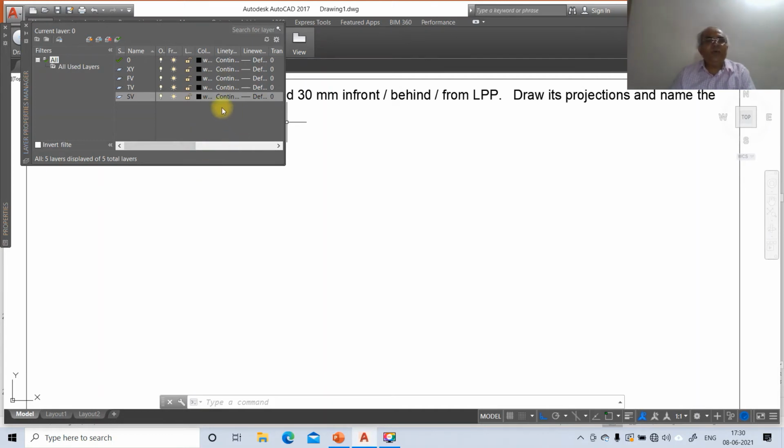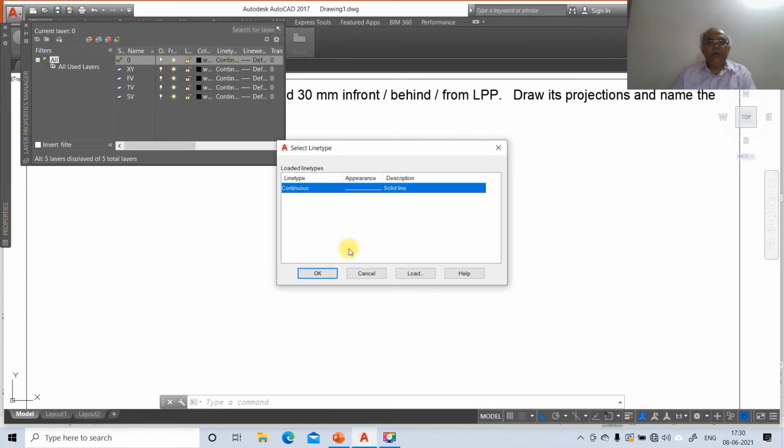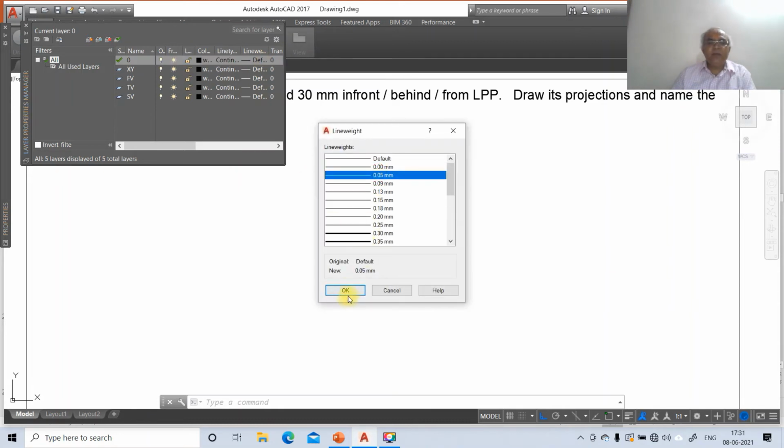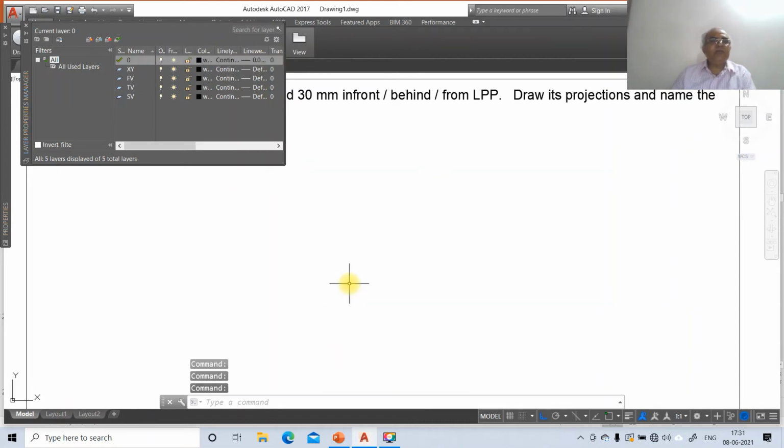Now first we will go for the line width adjustment. First layer 0, line width is to be 0.05 because all the projector lines have to be 0.05, and we are working in the current layer 0. The current layer 0 will have 0.05.